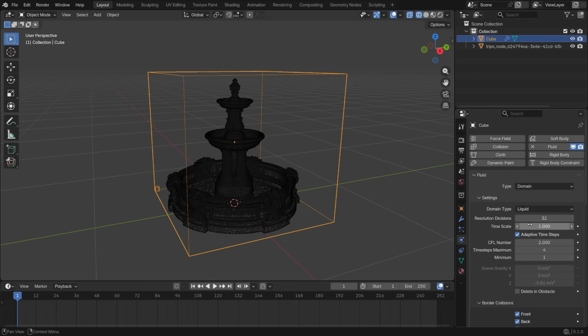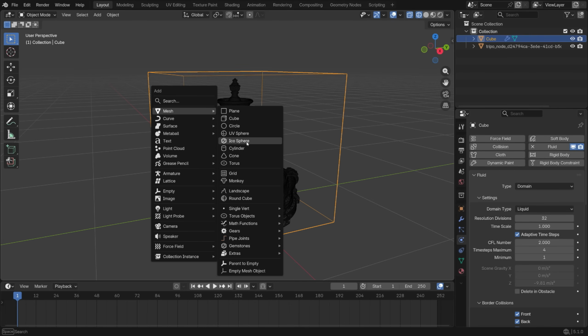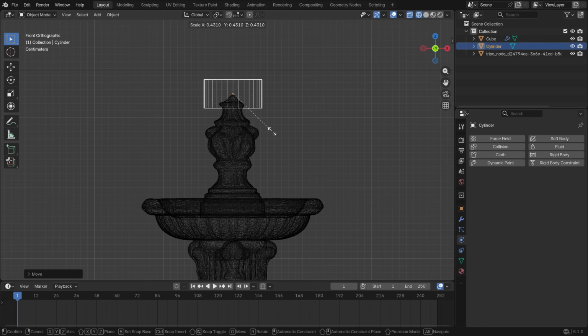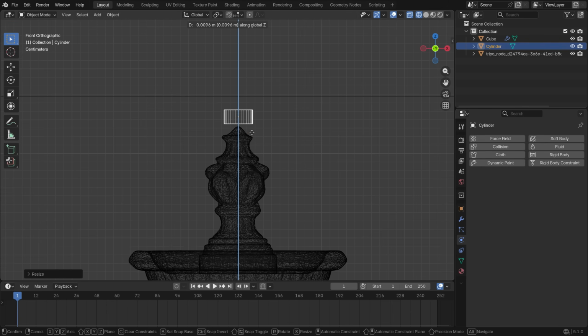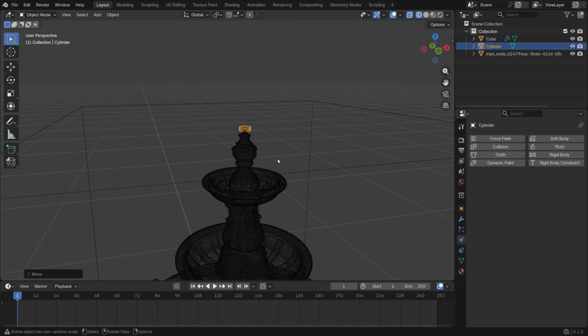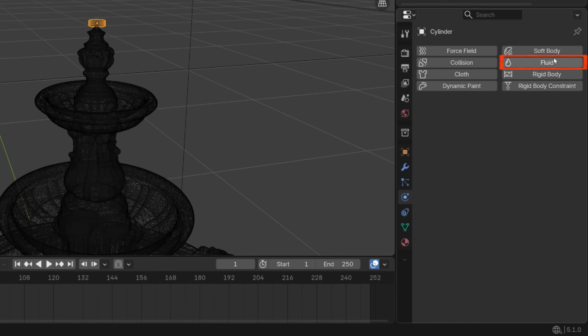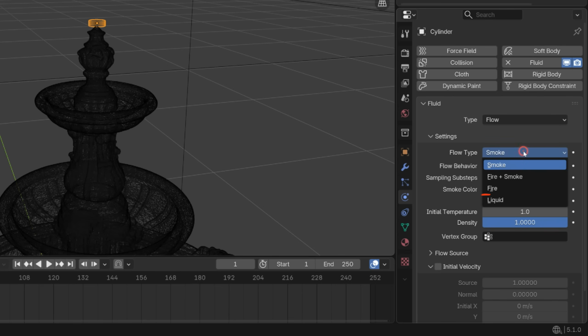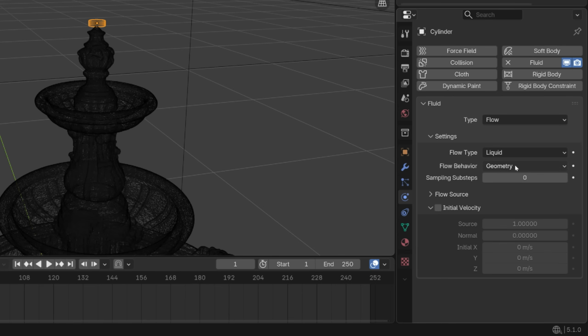Before moving on with the domain settings, let's add a flow object to generate liquid inside the domain. Add a cylinder, scale it down, and place it just above the fountain outlet. Leave a small gap between them, making sure it doesn't touch the fountain. Now add a fluid modifier to the cylinder. Set the fluid type to flow, the flow type to liquid, and the flow behavior to inflow so it continuously